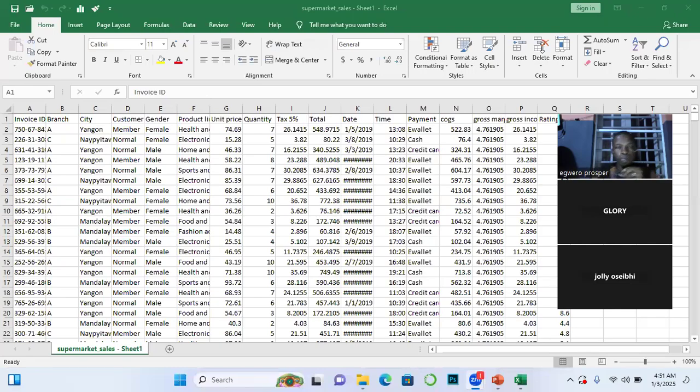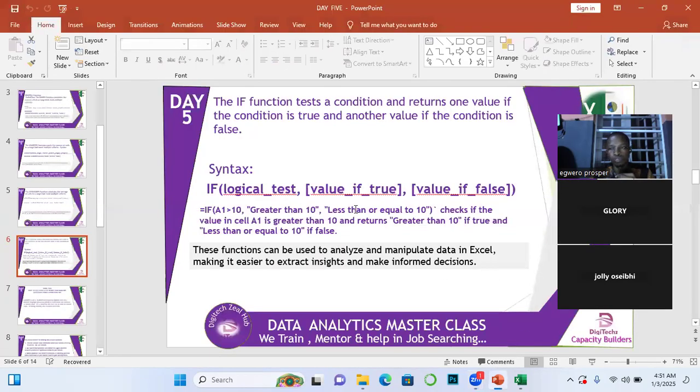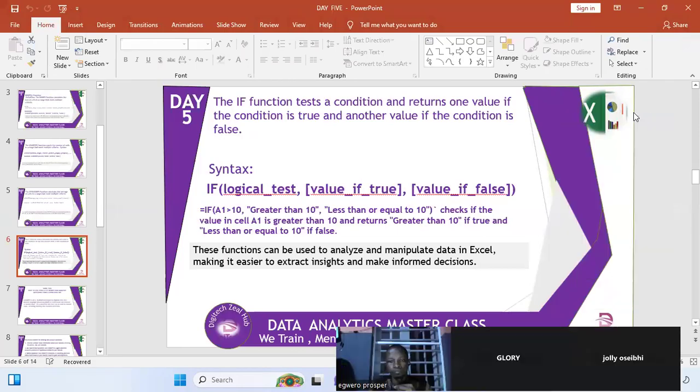Because of time, we'll just quickly go through the slides. I know I was able to cover some of them. We have done the sum ifs, the count ifs, and the average ifs. So our focus this morning, we just start from